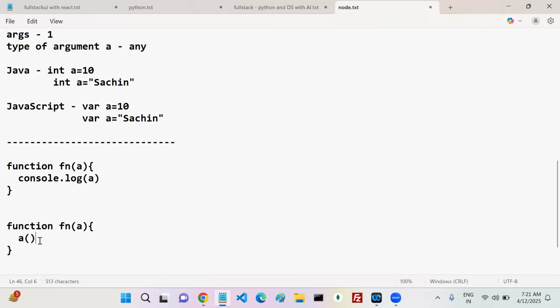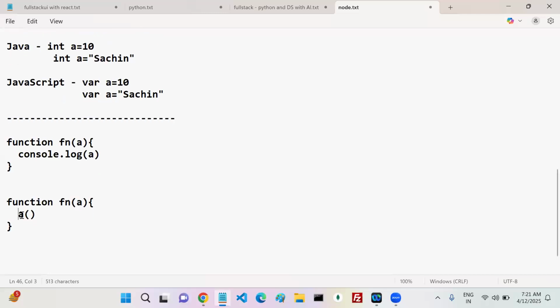But here, what about this one? We are calling a function. If you observe this statement in any programming language, what can you understand? It is a calling syntax. Usually in any programming language, what can we call?